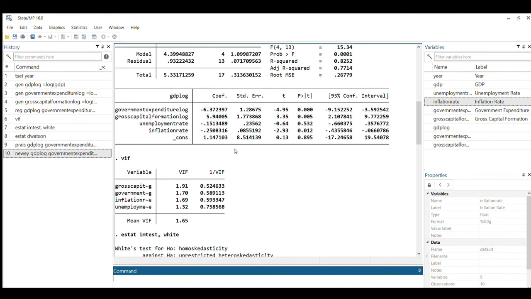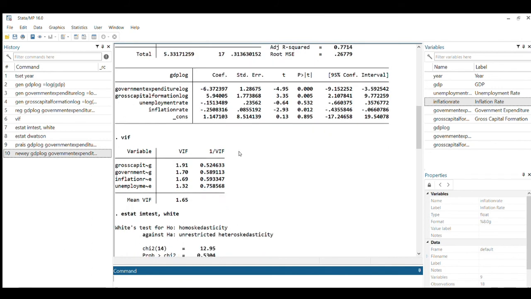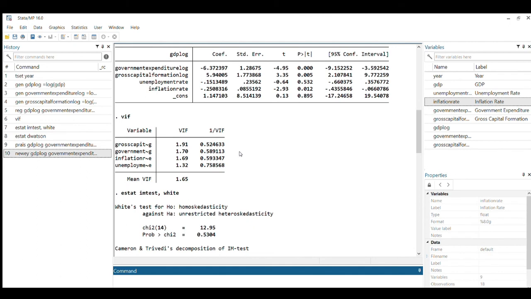Then we go to VIF. This is to check the multicollinearity of the data. If multicollinearity is present, it means that explanatory variables are highly correlated with each other. In our case, it has very low correlation, no multicollinearity, because it is less than 10.